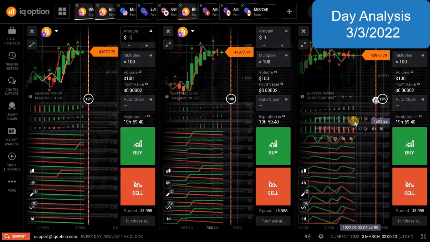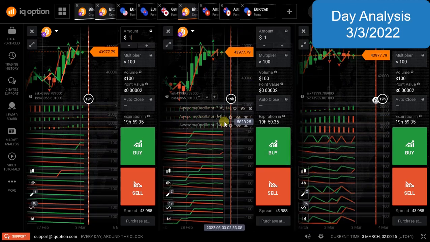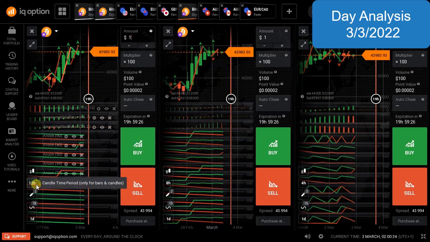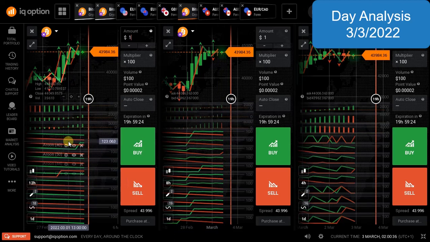So as per now, you can see the infiltration has already entered at the 4-hour interval, and it is shifting to the 8-hour interval. That's the downward infiltration, you can call it trend. So we are anticipating that it will be shifting to the 12-hour interval. So apart from that, we also have more evidence that shows that Bitcoin is going to be falling probably for the next couple of hours. Then we shall analyze again and see whether it has changed course or direction